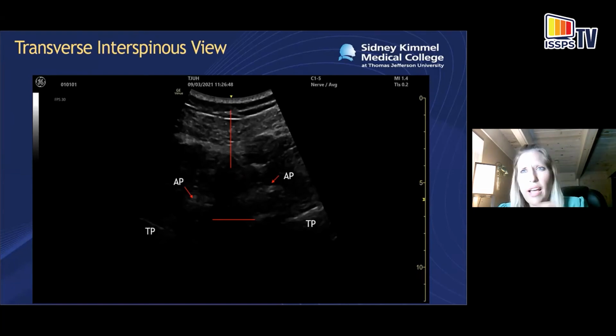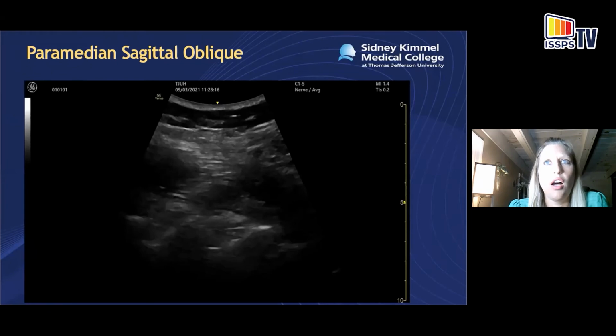You can see that hyperechoic area that looks to be the posterior complex, and then to the lateral, we can see the transverse processes. You can see that horizontal line, which I marked as the posterior complex, around the 7.5 or so depth marker. And then I zoomed in a little bit, so it looks like it's at a different depth. But in my paramedian sagittal oblique, I will say I turned up the gain on this view, so on the other views I definitely could have had that, that's a pitfall.